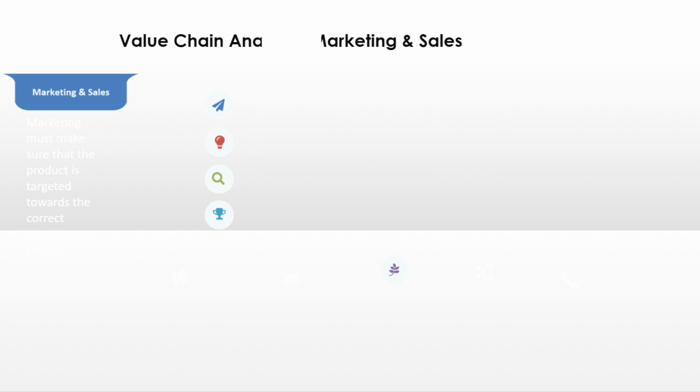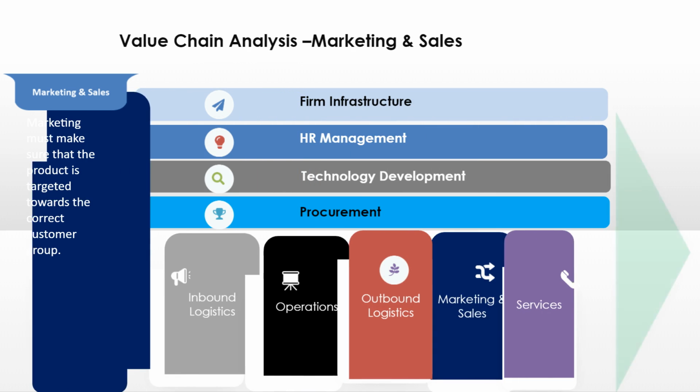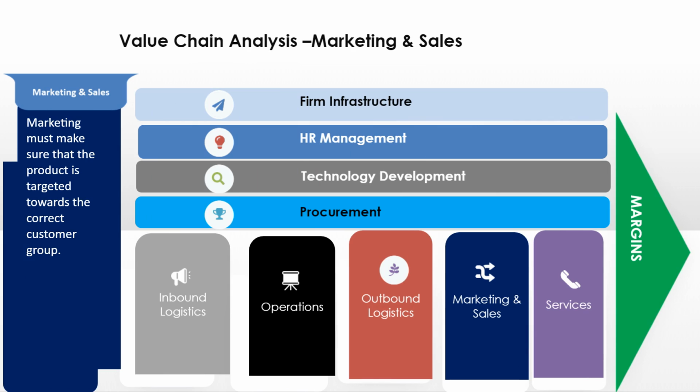Marketing and sales involve advertising, promotions, sales force organization, distribution channels, and pricing and managing the final product to ensure it targets the appropriate consumer groups. Marketing must make sure that the product is targeted towards the correct customer group. The marketing mix is used to establish an effective strategy. Any competitive advantage is clearly communicated to the target group through the promotional mix. These are the processes you use to persuade clients to purchase from you instead of your competitors. The benefits you offer, and how well you communicate them, are sources of value here.